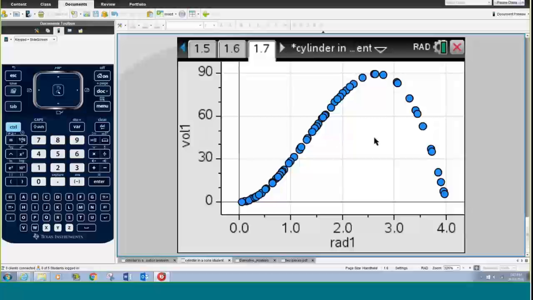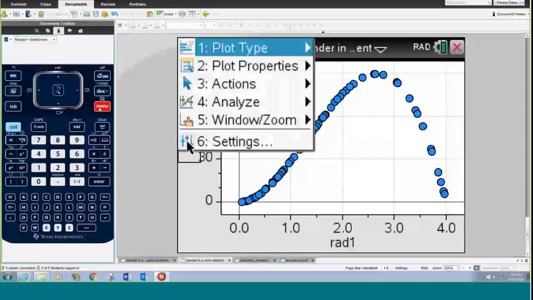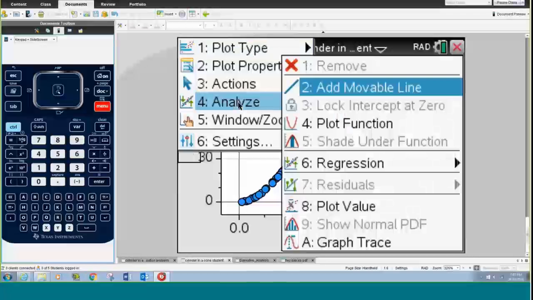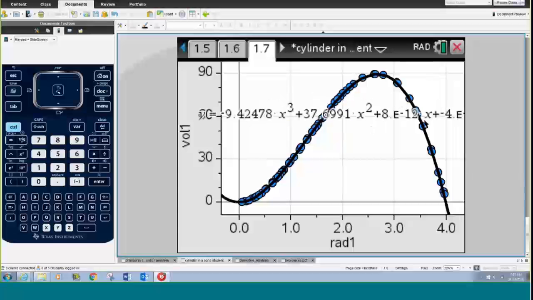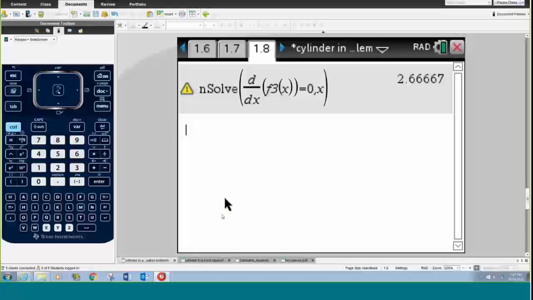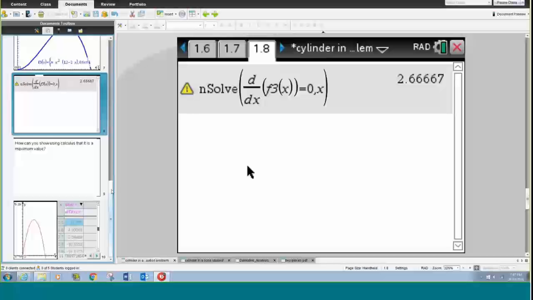What we can do is a cubic regression here, because later we'll of course show that it is a cubic function. It gives us those numerical values, with significant numbers for x cubed and x squared, and this can be related to the calculus calculations later. So if I go back to my problem there,